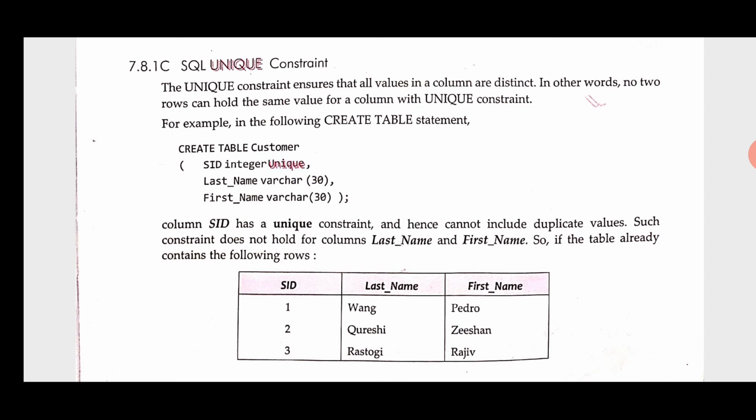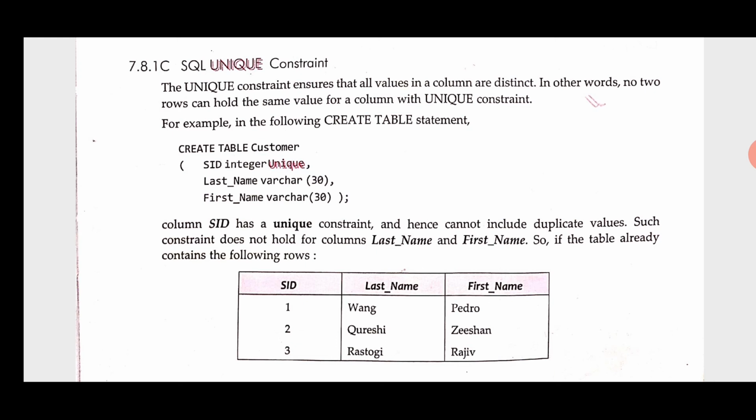For example, in the following CREATE TABLE statement, we can see SID INTEGER UNIQUE, last name VARCHAR 30, first name VARCHAR 30. Meaning to say that this SID column will always accept unique values. Column SID has a unique constraint and hence cannot include duplicate values. Such a constraint does not hold for columns last name and first name.